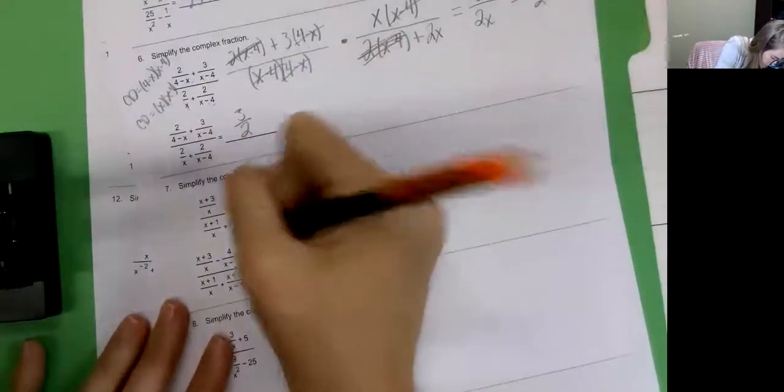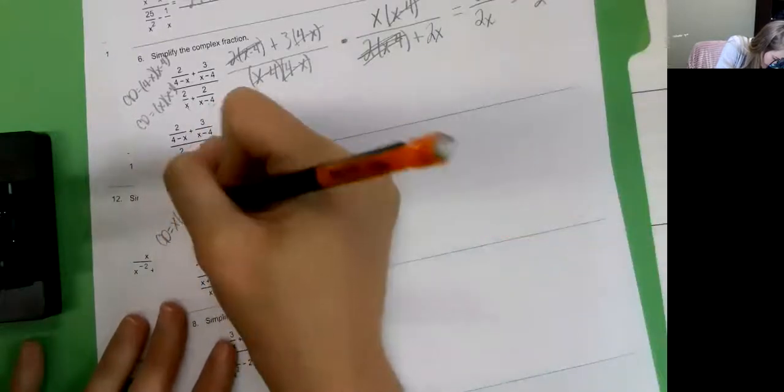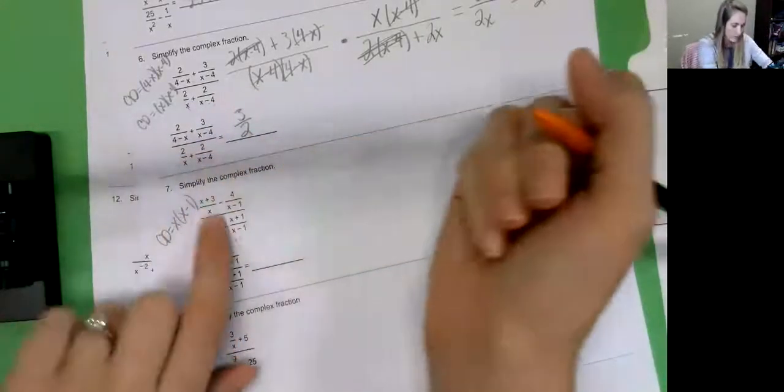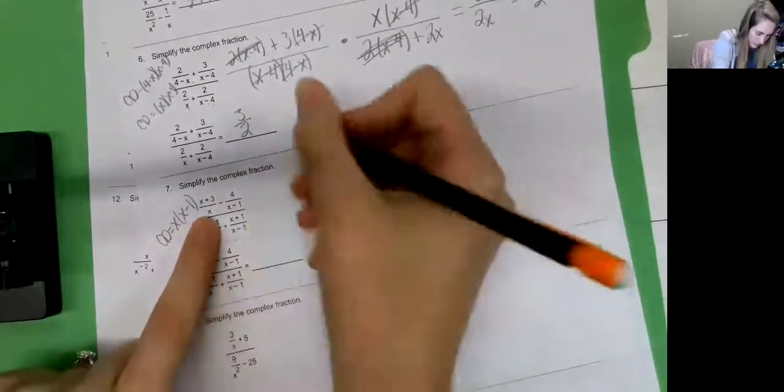Okay, let's keep going. So here our common denominators, both of these are the same. So we're going to have x times x subtract 1. So x plus 3 is over x, so I have to multiply it by x plus 1. So I'd have,